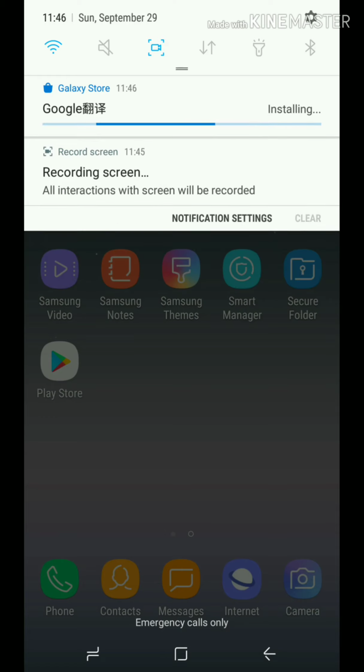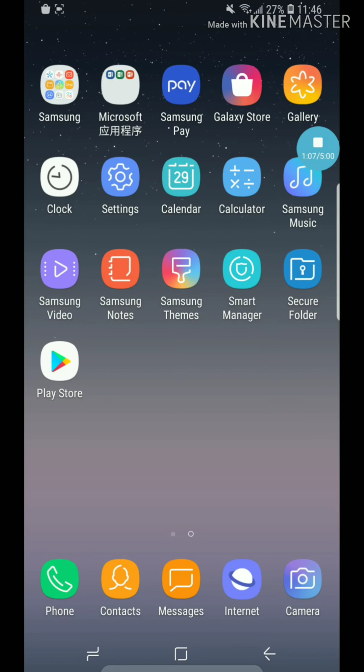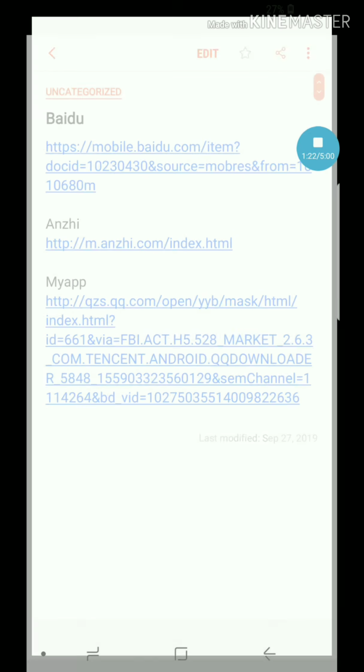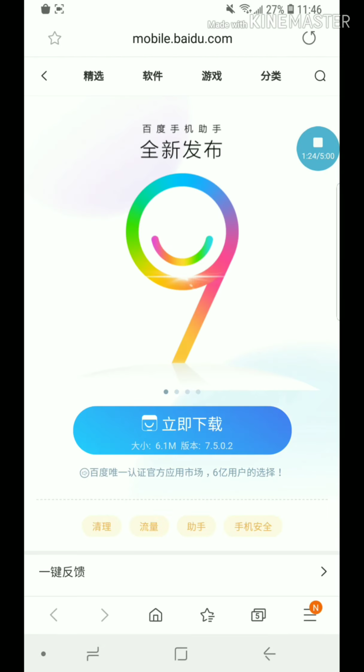I'm downloading the Google Translator. Okay, it's here. I will show you the links below in the description. I will paste them there so you can open the links from there. So click on the link. Number 1 link will take you to this place. So click on the blue button,